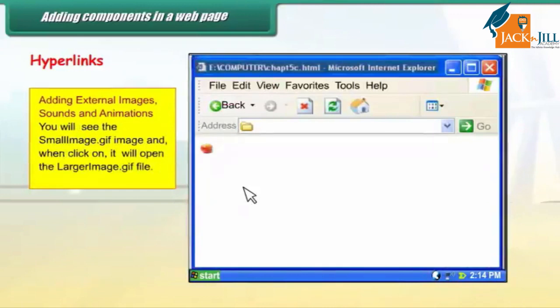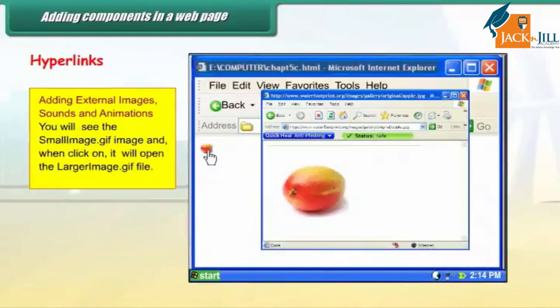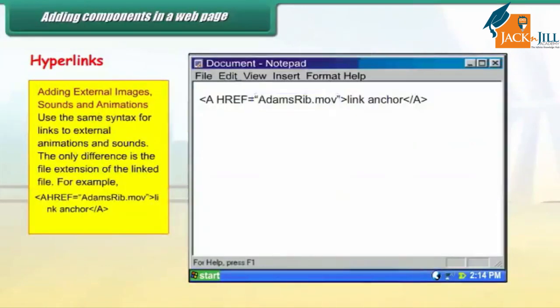Use the same syntax for links to external animations and sounds. The only difference is the file extension of the linked file. For example, this specifies a link to a QuickTime movie. Some common audio and movie file types and their extensions are